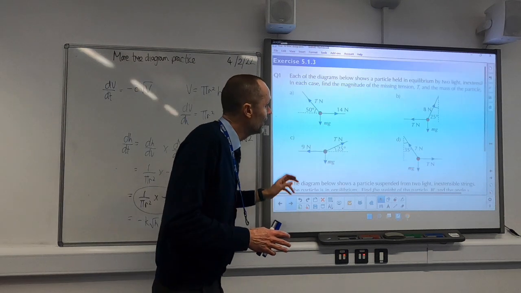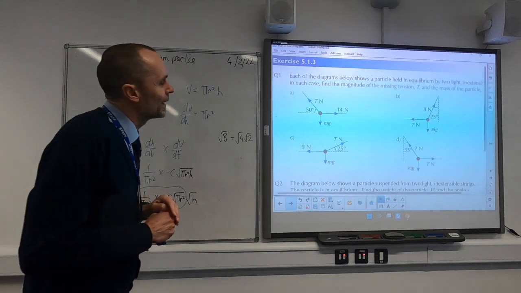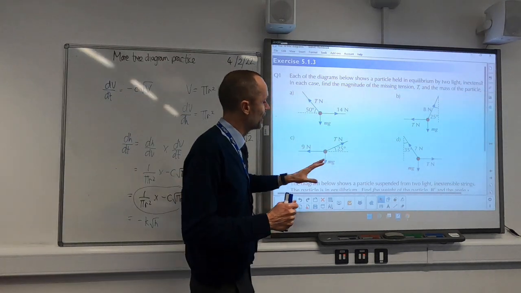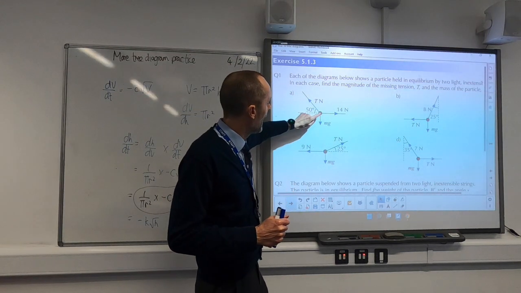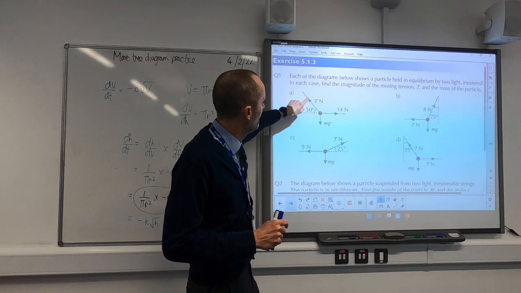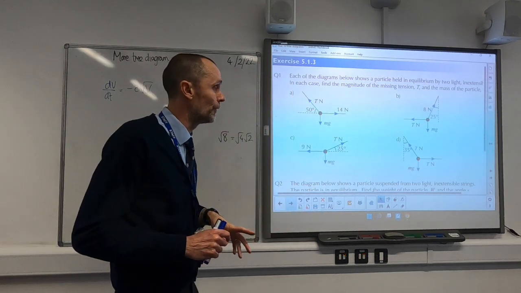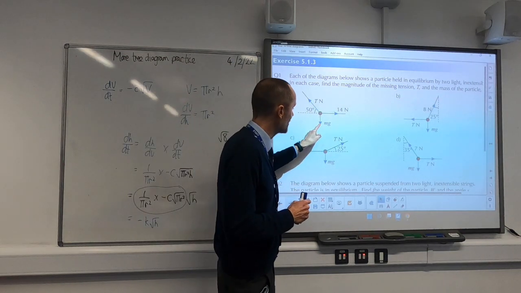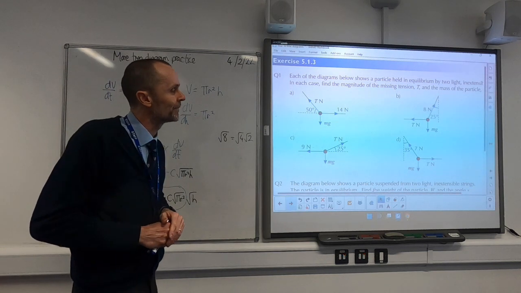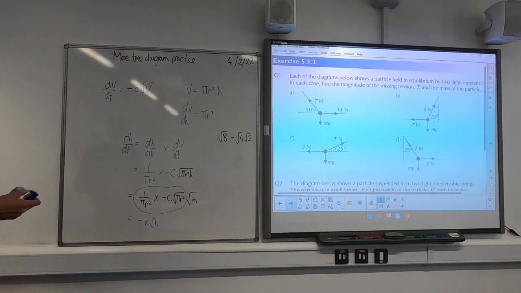So I'm hoping that having done the video, you'll be able to have a stab at questions like these ones, okay? So these first 4 questions all involve a particle, so 0 dimensions, being held by 2 strings, and there's a force in each of those 2 strings. The particle itself, although it has no dimensions, does have a mass, and so there is another force, the weight of that particle, which is always acting vertically down. The difference here is that we've got an angle. So we're dealing with